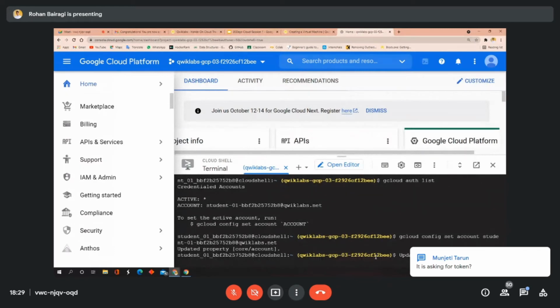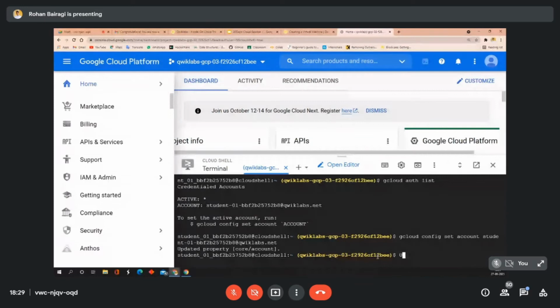It says error. Which error? Argument value must be specified. Don't select the account which is under the inverted commas. Select starting from gcloud up to account, which is written in small letters. Okay. Gcloud config set account, or you can simply type these things. And then put our account without this.